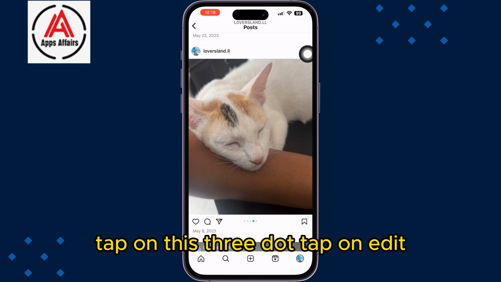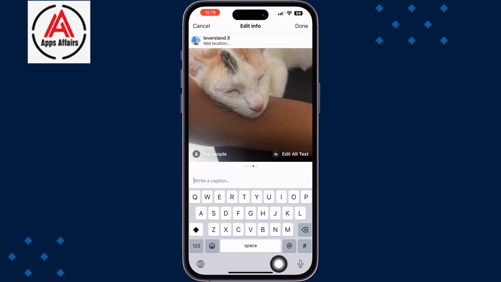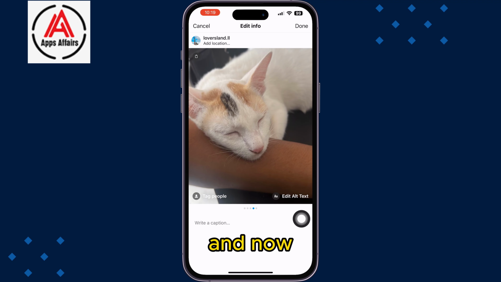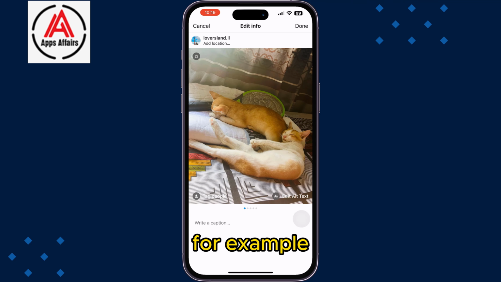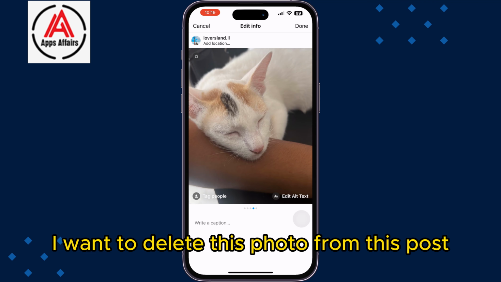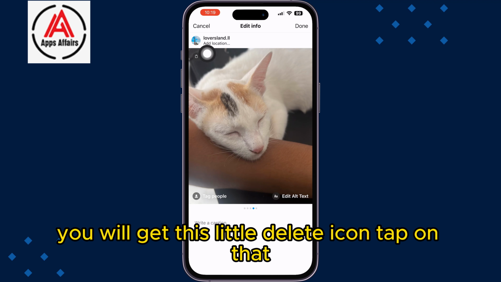First of all, tap on this three dot, tap on edit, and now you have to select that photo that you want to delete. For example, I want to delete this photo from this post. All you have to do here at the top left corner, you will get this little delete icon. Tap on that